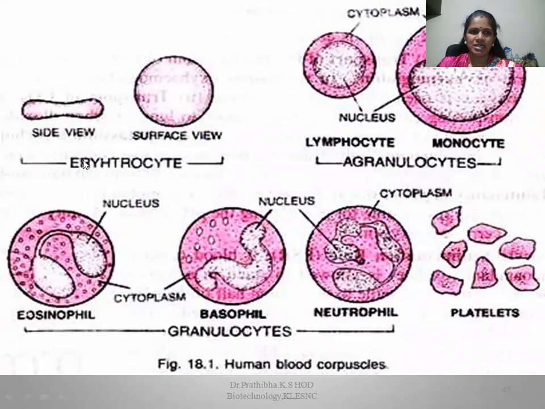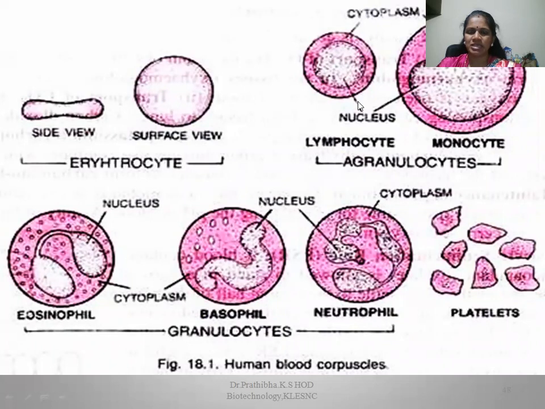Here you can see the erythrocyte, that is the red blood corpuscle surface view, which has the largest surface area, and this is the side view of the erythrocyte, which is biconcave. And here you can see a granulocyte, right? In a granulocyte there are granules. This is a lymphocyte and this is a monocyte. Okay, the main difference here is